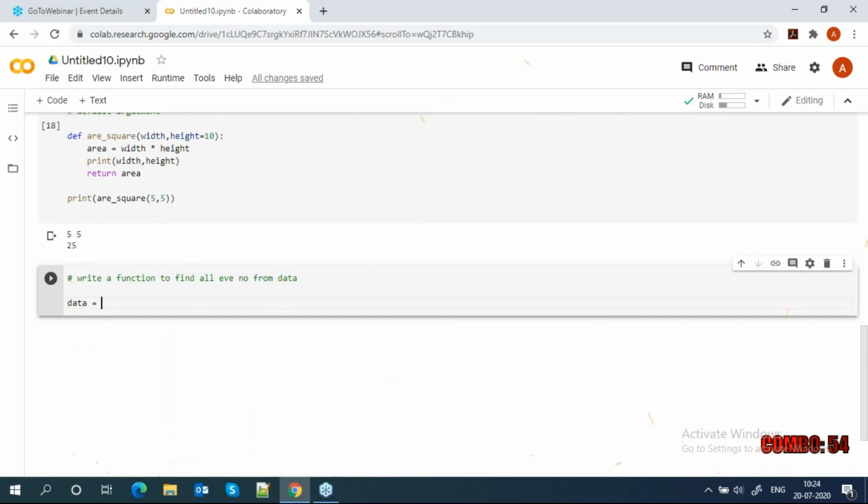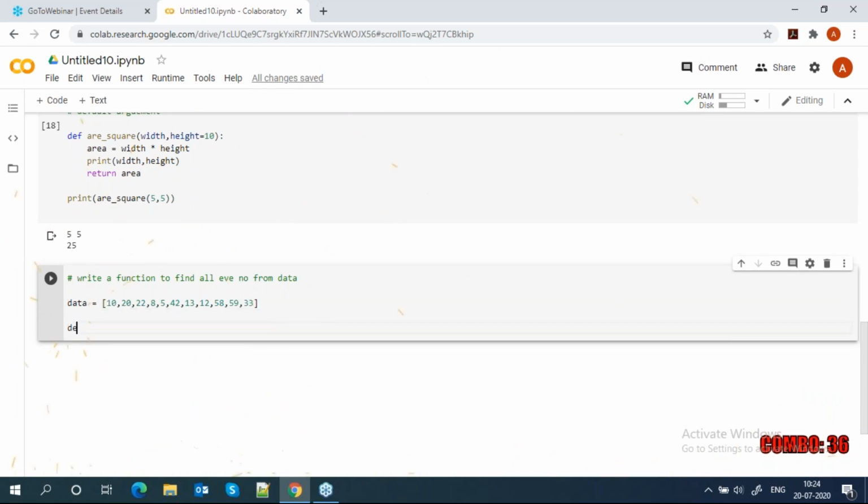It will be in the form of a list: 10, 20. So this is my data. Okay, so I write a function now.